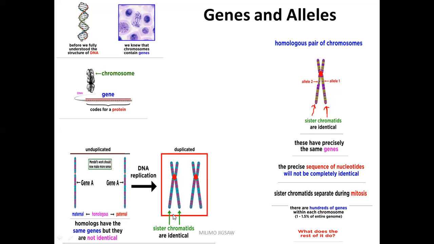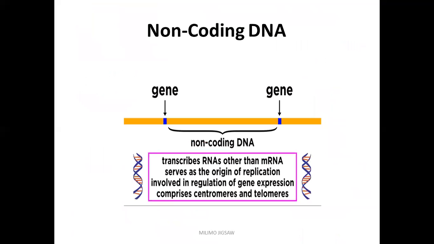And then we have non-coding DNA. Remember, the gene is a segment of DNA which is going to code for a complete polypeptide. The non-coding DNA will not code for amino acids. Usually this non-coding DNA will lie between genes. So for example, here it's showing this gene and that gene, and the non-coding DNA will lie between genes on the chromosome.